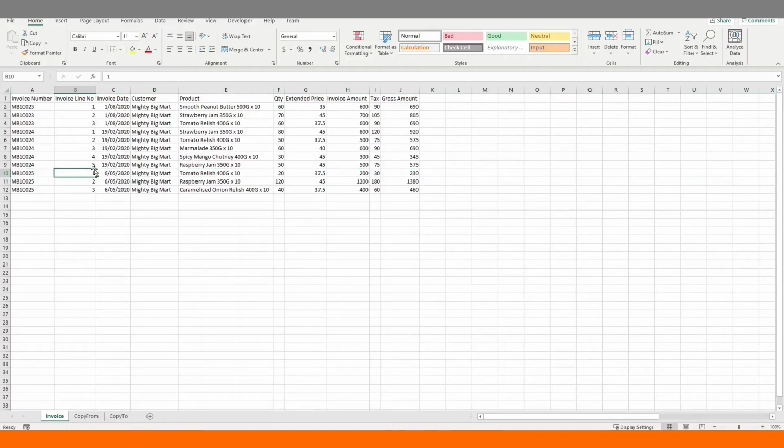Okay, we have spent a while talking about the Ctrl and arrow keys, which are an Excel shortcut. But what has this got to do with VBA and the Range.End property? Well, it's the exact same thing. The Range.End property allows us to move across the data set in the same way that the Ctrl and arrow keys do. And that's why if you're new to VBA, this is the easiest method to pick up.